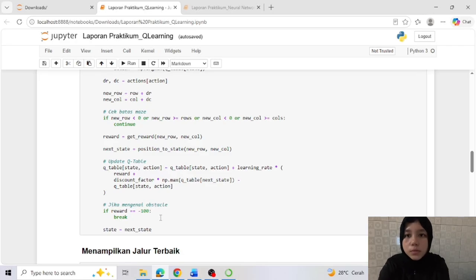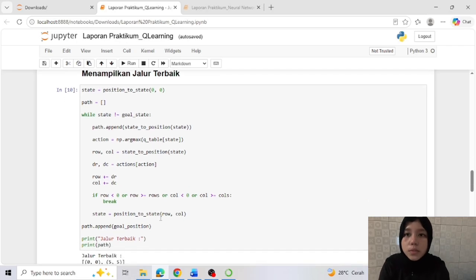After moving to the next state, the agent receives a reward and updates the Q-table using the Q-learning update equation. This process continues until the agent reaches the goal state or encounters an obstacle. After repeating this process for 2000 epochs, the Q-table gradually stores better values, allowing the agent to learn the optimal path.